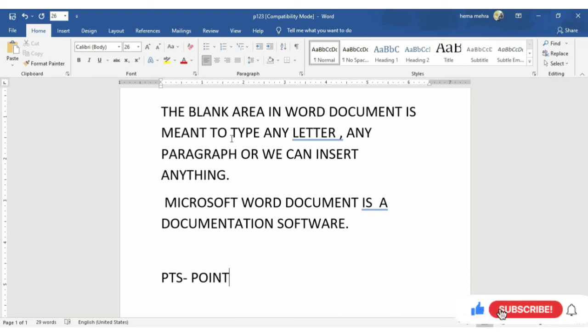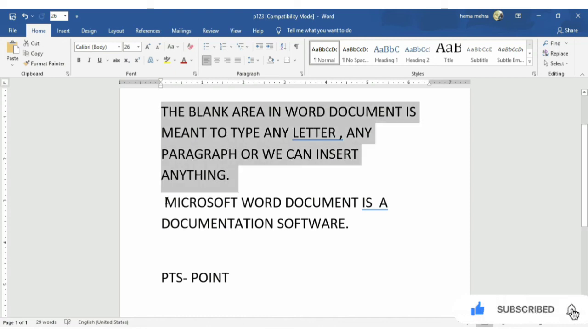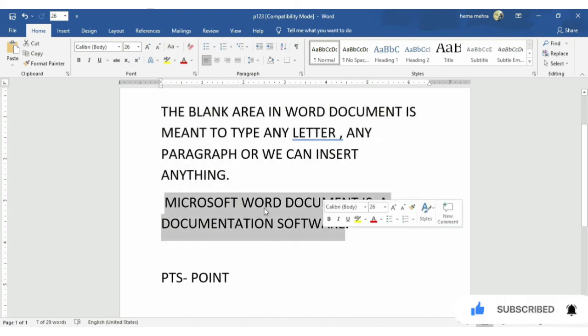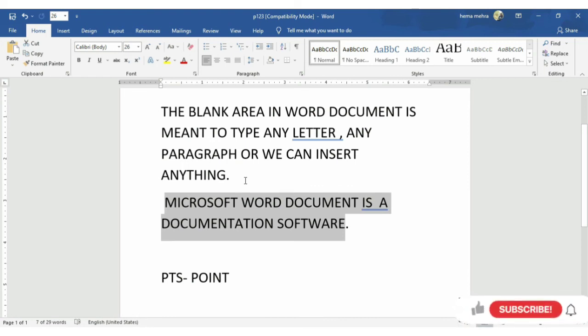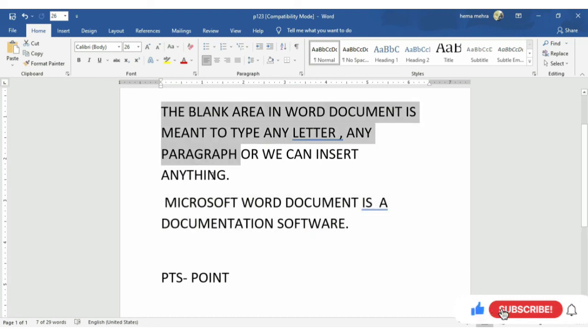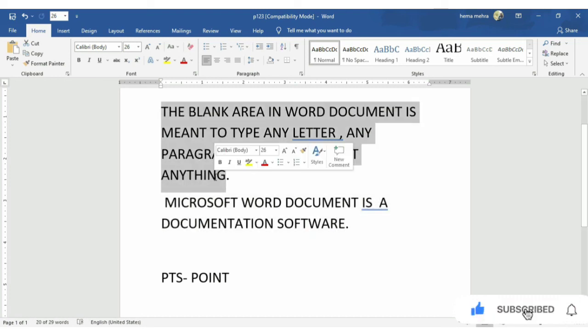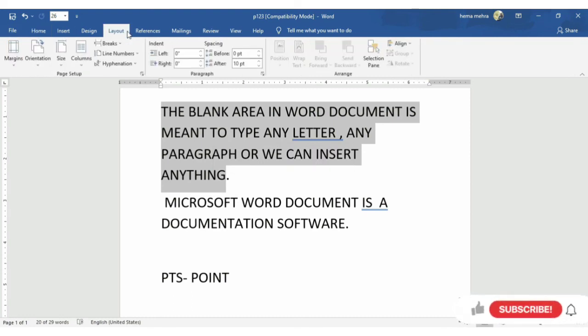Now if you want to change the space between two paragraphs, like this is the first one and this is the second one, and you want to increase the space between them, what we can do is select a paragraph, like I have selected this one. Now click the Page Layout tab, and under the Spacing section, again we have to go to the Page Layout tab and the Spacing section.